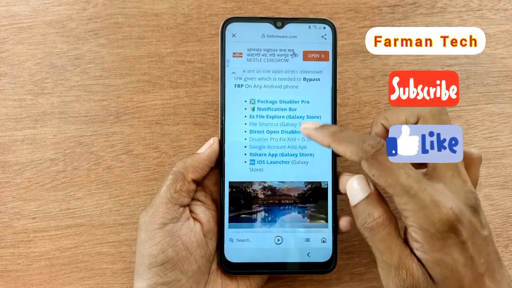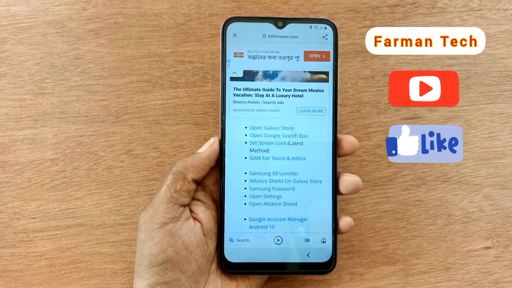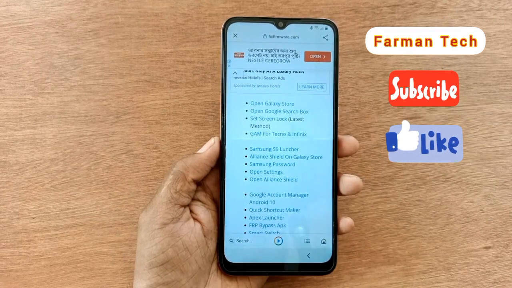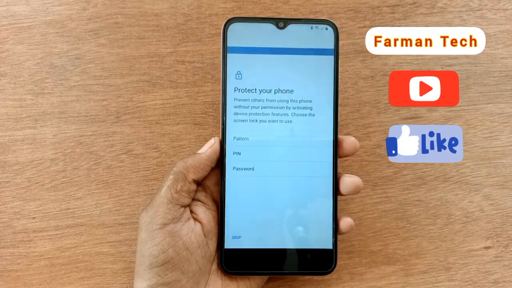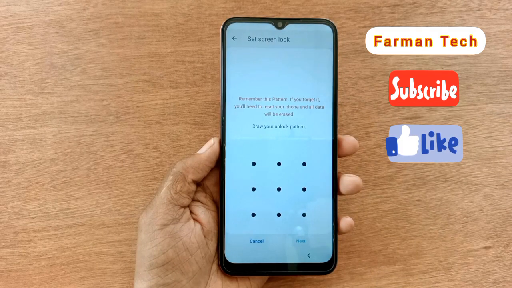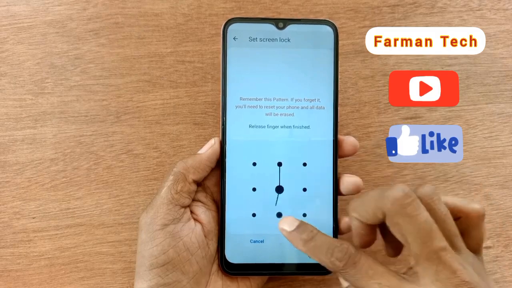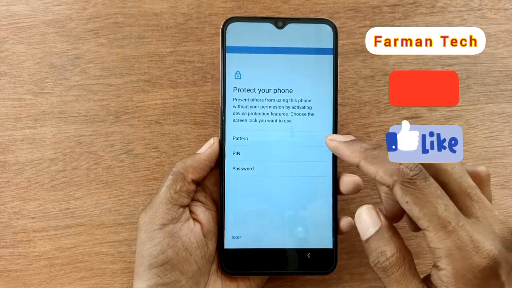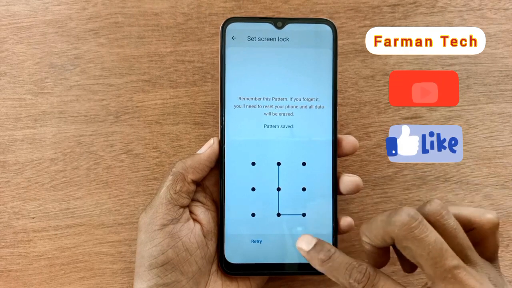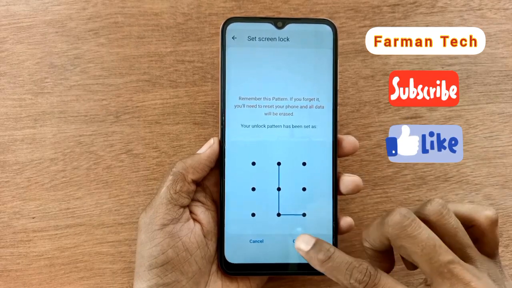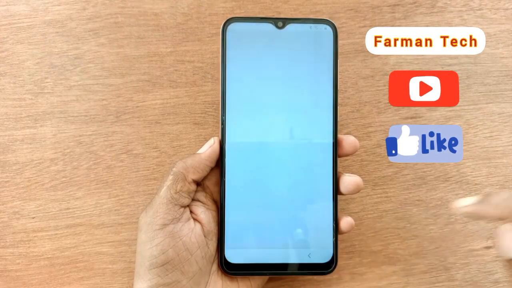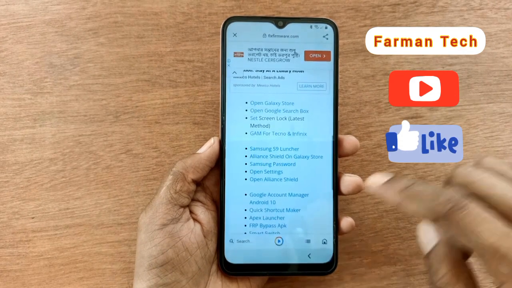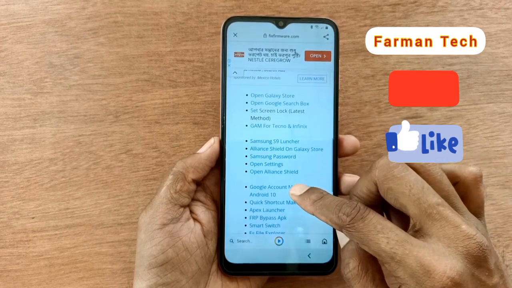So I'm going to search some things about this mobile and click on Open settings. You can see, click Set lock screen. As you can see, click on Pattern and set up your new pattern lock. It's not working, so I try again, but it's not working. Apps close problem. So click back and then you have to